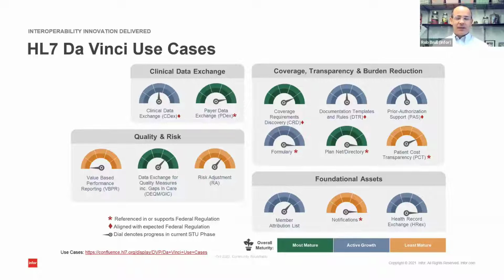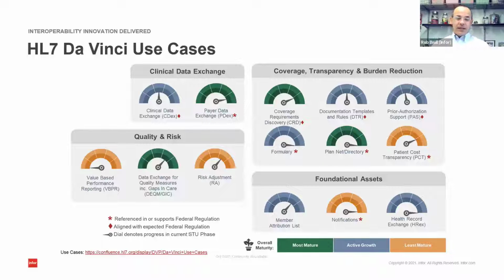If you're not familiar, Connect-a-thons are places where vendors can go together along with payers and providers to test out these workflows to make sure they work before we actually go try to implement them in the field. Some of them are hosted by HL7, some of them are hosted by the CMS. And the CMS, of course, will focus on those that are either in their rules or are going to be in their rules.